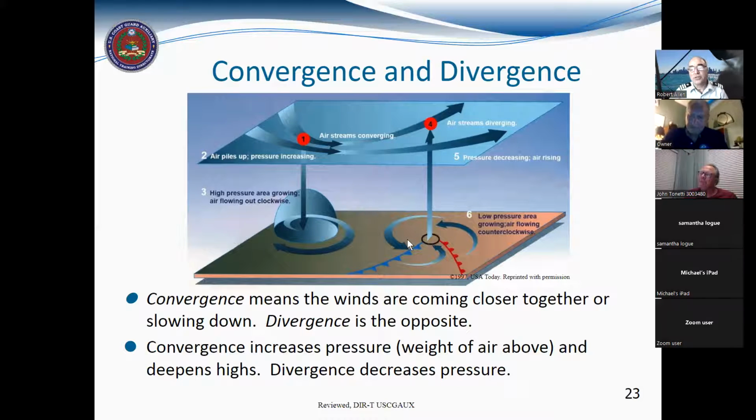And as it starts to rise, it creates a low pressure system on the surface. So here, the winds are speeding up as they've got more room to play. They're taking off in opposite directions. And as that happens, the air starts rising underneath it. So that's going to cause a low pressure area, and directly underneath divergence aloft, that's going to give energy towards